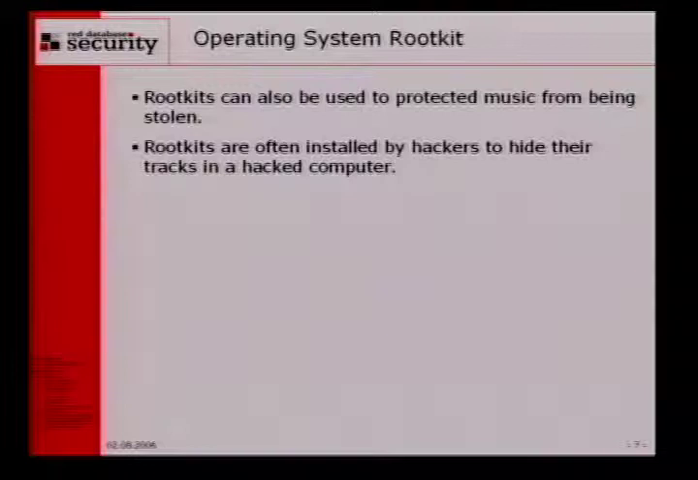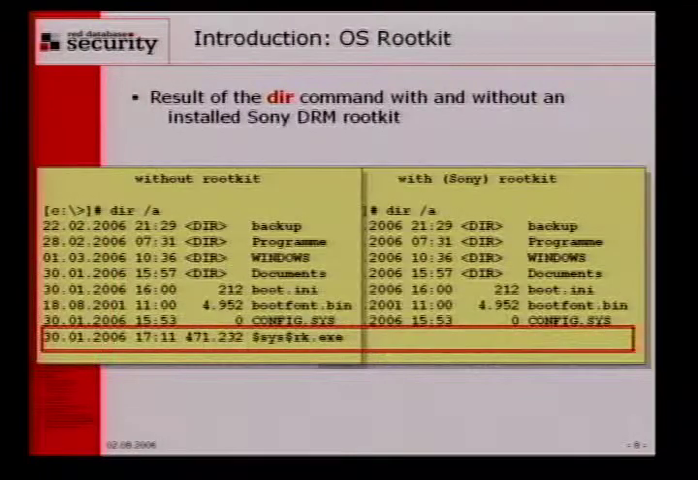Okay, before coming to database rootkits, what is a normal operating system rootkit? With an operating system rootkit, hackers are using this to hide their presence on a system, or some music companies are using this to protect their music from being stolen. For example, last year